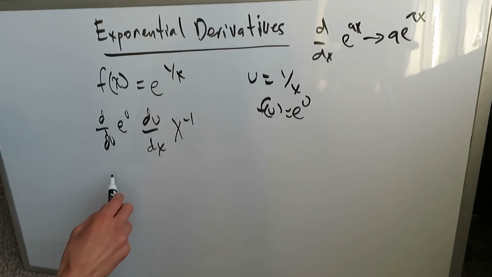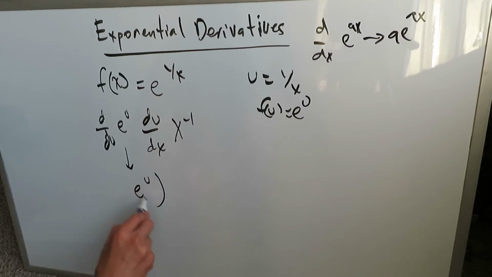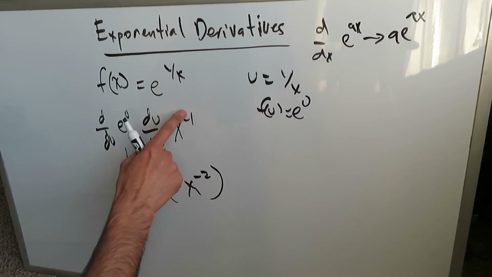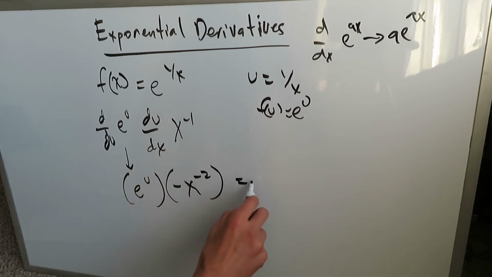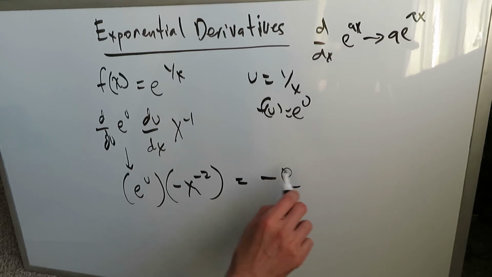When you do the derivative of all of this, the du, e to the u becomes e to the u. It just stays as that. This x to the minus 1 becomes minus x to the minus 2 if you follow the scheme of the power rule. And you know this, minus 1 will come over here and this exponent will be reduced by 1. You'll get this. So you can bring the minus first, and you can bring e over here with its u,